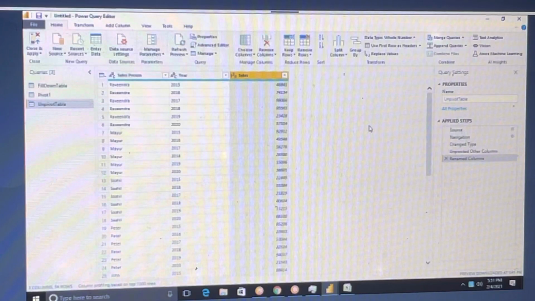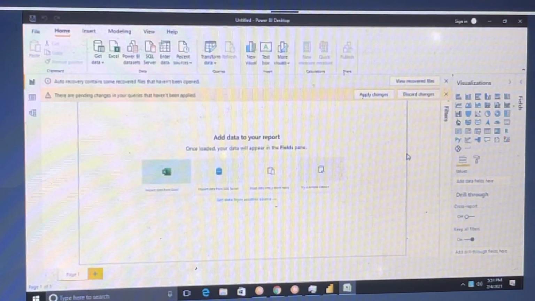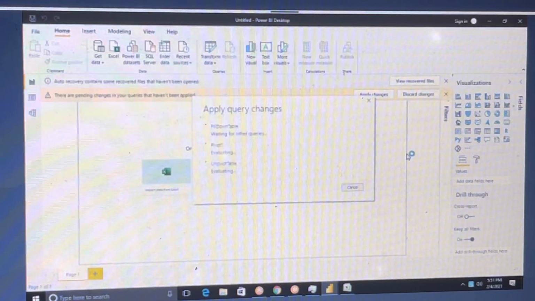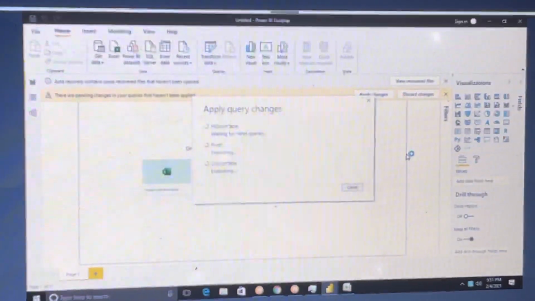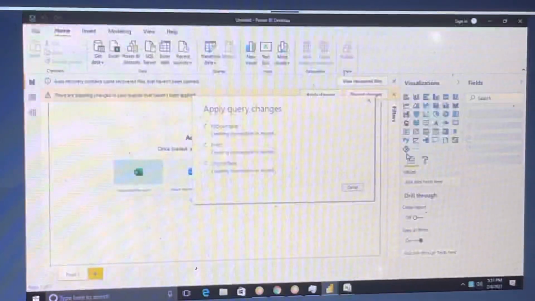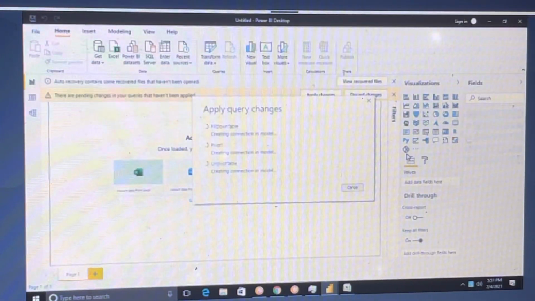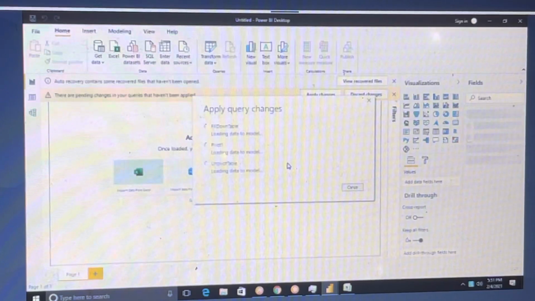If you want to create any chart, you can create it. Now fill down, unpivot and all are being selected, and the data is refreshing, right? If you want to avoid these two things, I will tell you an option we have. I think I showed you, right? So how to unselect that, enable load and all. We have an option. Let me show you that.